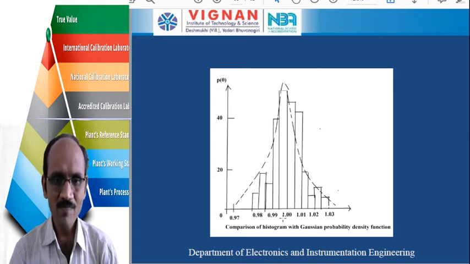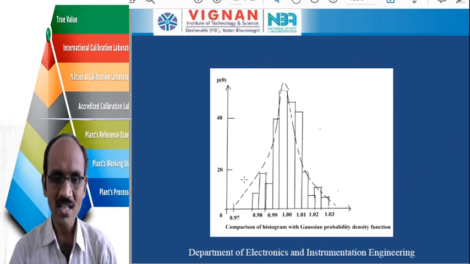If you take 0.995 to 1.00, this range is going to occur a large number of times compared to the previous cases here. If you take any other interval, 0.995 to 1.00 is going to occur the largest number of times. That is taken as the number of times the event occurs, divided by the total number of trials.